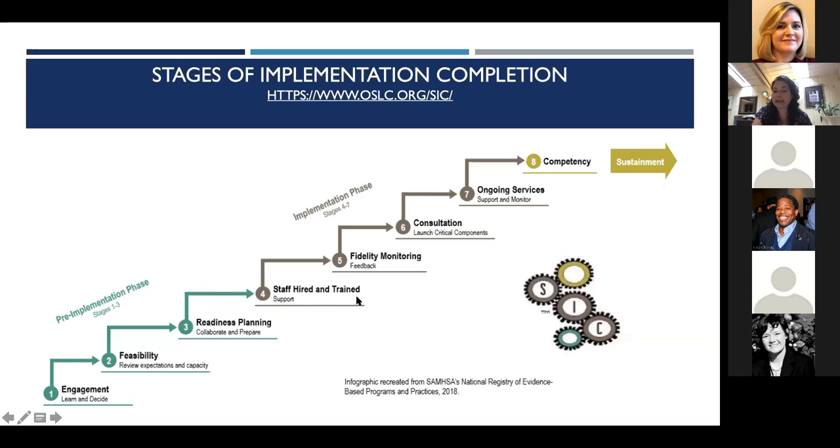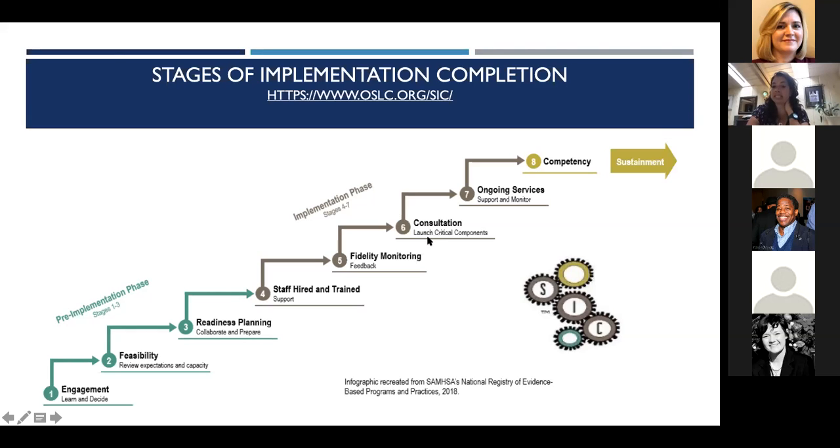So you hire your staff and you train them, or in some cases you're reassigning or reallocating staff if you're pulling them from another existing project. Setting up your fidelity monitoring. And so oftentimes this might include having to get some new technology equipment if you're doing, let's say, video coaching, or you might have to make some adjustments to your EMR. Regardless, that's what happens here in getting your fidelity monitoring system set up.